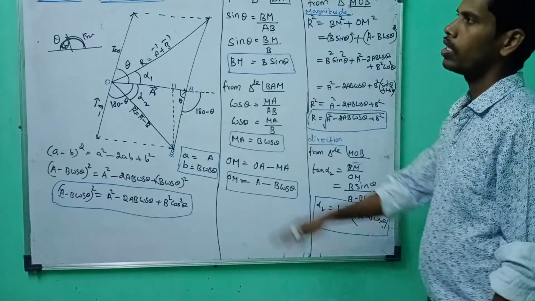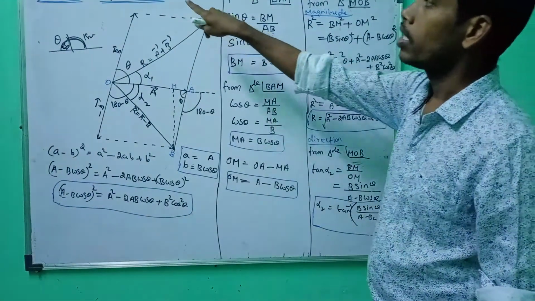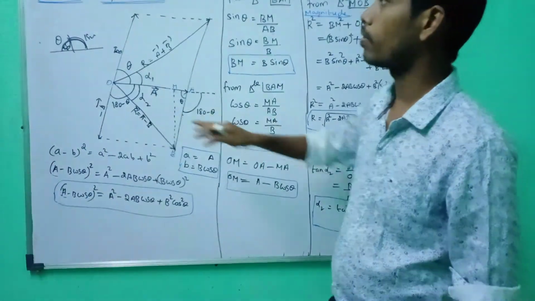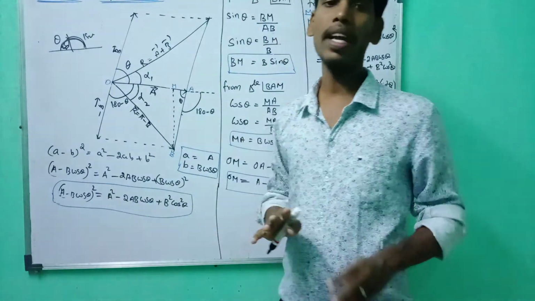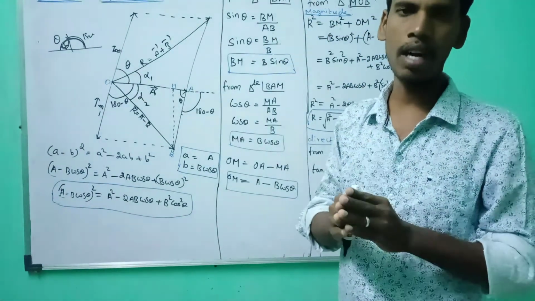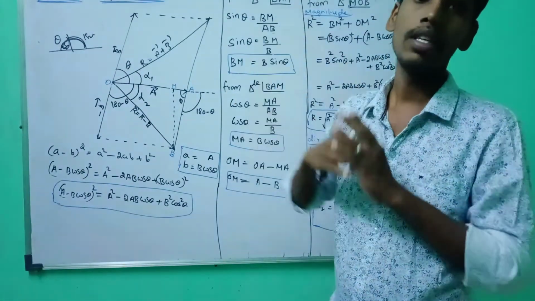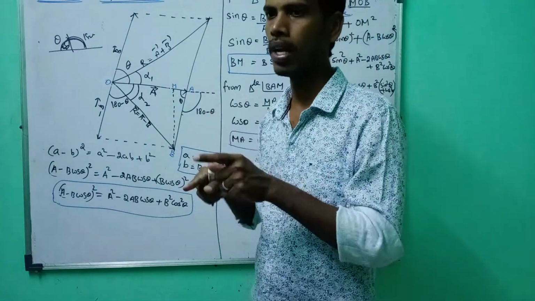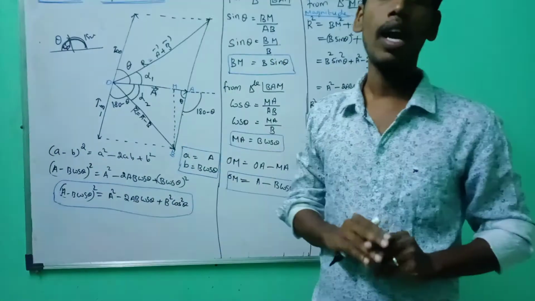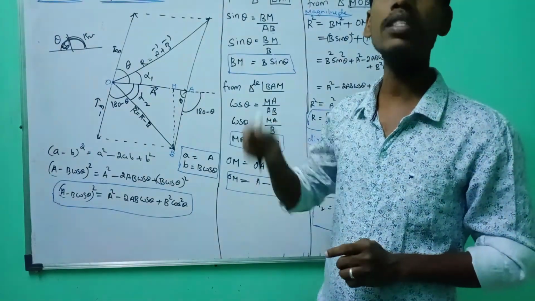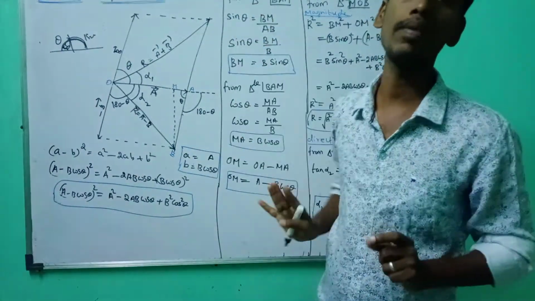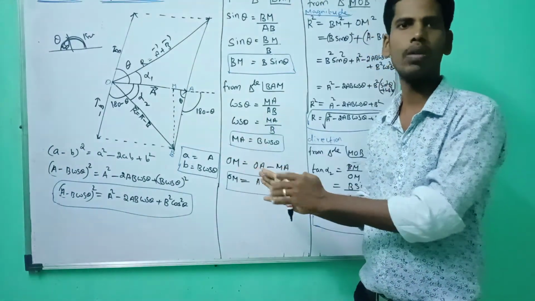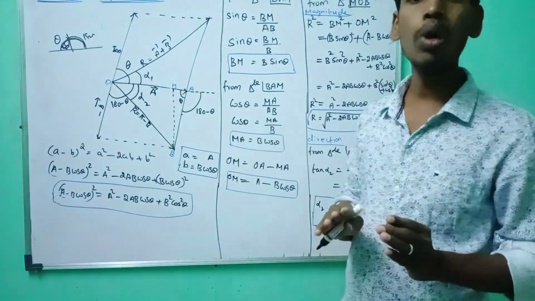Okay, nice. In the last class we completed addition of vectors. This class we have completed subtraction of vectors. Subtraction of a vector is nothing but addition of the opposite of the other vector. For example, A vector minus B vector means A vector plus minus B vector. Again A vector minus C vector means A vector plus minus C vector. That's all. Here also we are adding. Subtraction means you don't need to worry about that.